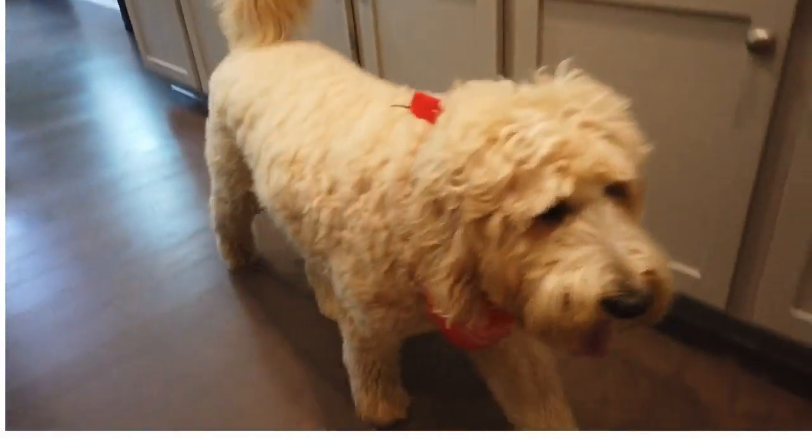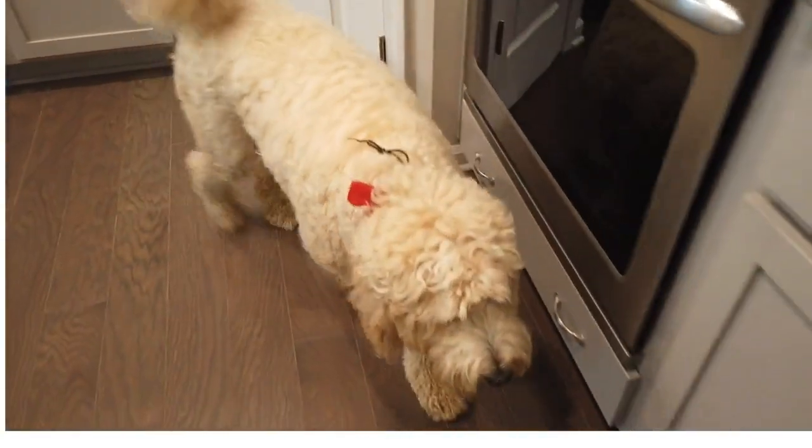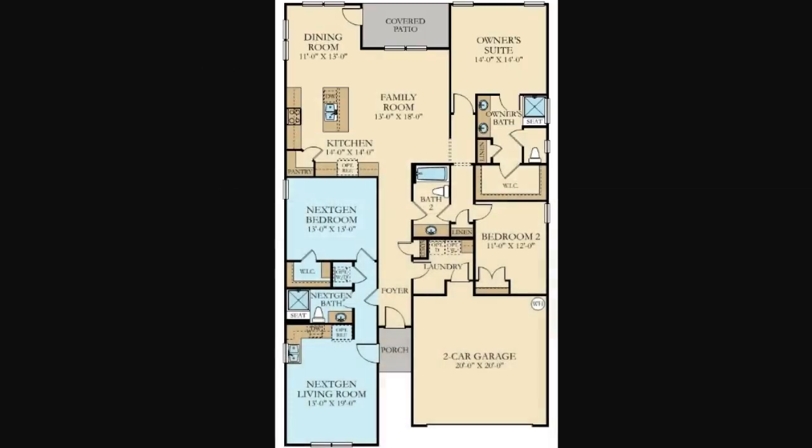But let's just take a real quick second and let's go look at the actual floor plan of this house available at Lennar Treetops, Lennar Imagery for 55 plus, as well as at Lennar's Cortona and the upcoming Mooresville neighborhood called Gamble Forest. So you come in, now this floor plan is flipped, which sometimes turns people around, but notice